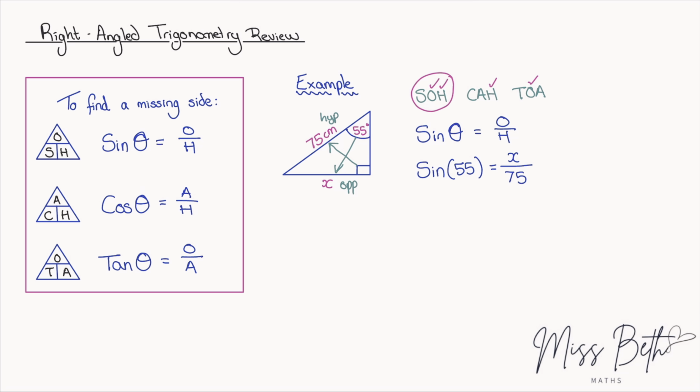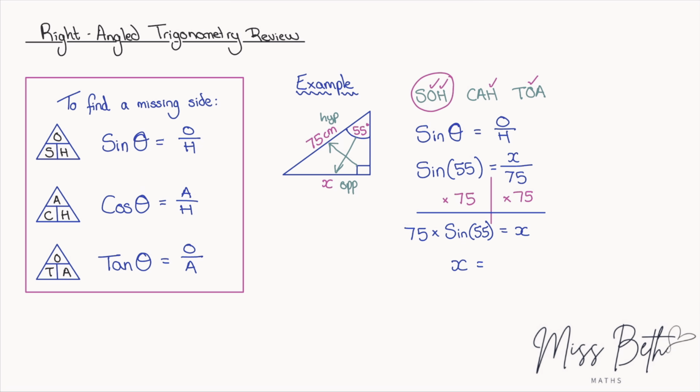Okay, so we can see here that our unknown value is the numerator of the fraction. So to isolate this, I need to multiply both sides by 75. This will cancel out the denominator on the right hand side. So 75 multiplied by sine 55 is equal to x. Okay, at this point, you are going to grab your calculator. You are going to make sure that it is in degrees, and you're going to just pop that into your calculator, and you should get an answer of